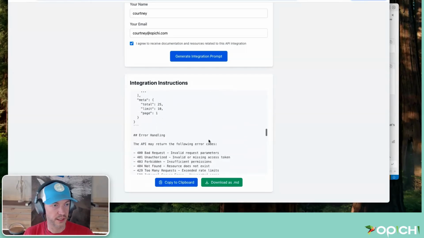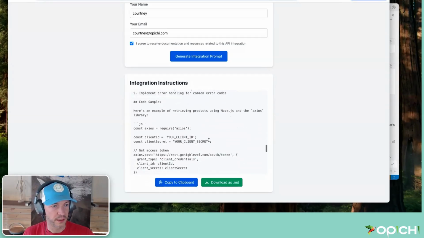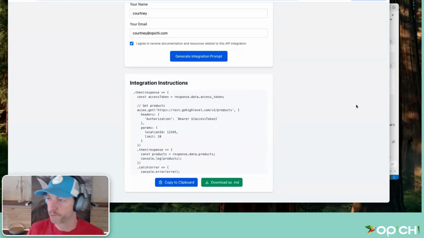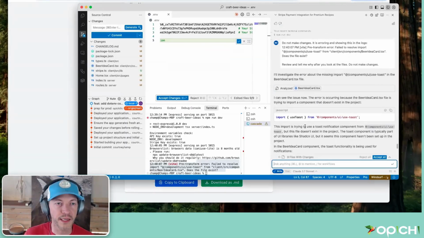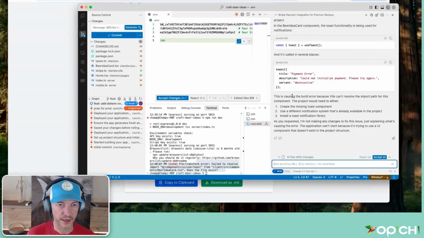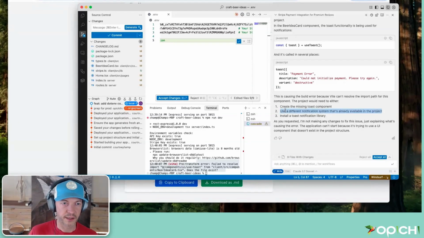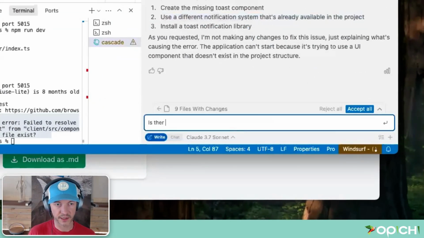So that's, as far as the general idea, pretty much on point. That's cool. Okay, let's see here. Right here, it decided to use Toast, and it says it's not installed. We're just going to check, is there another notification